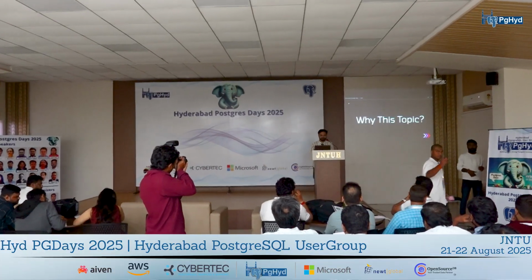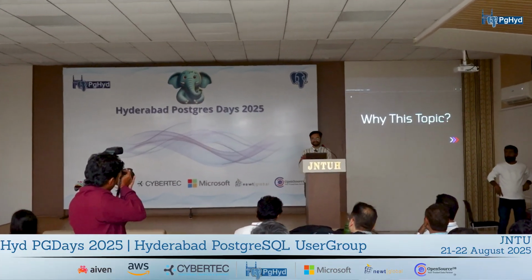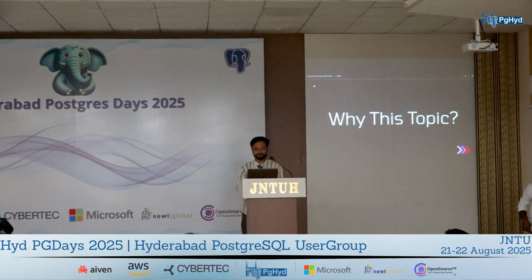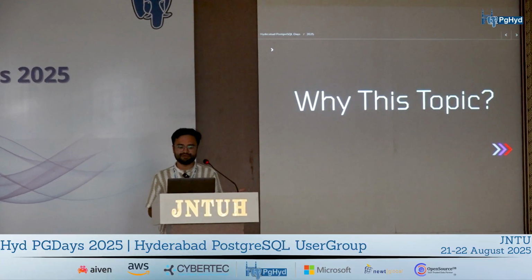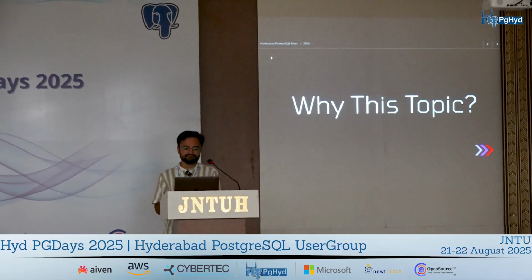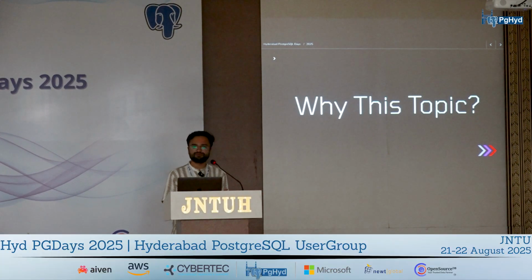We'll just go over how the Postgres WAL actually functions from the point of view of the code base. Now, a valid question is why are we discussing this particular topic? WAL is not something new, right? It has been in Postgres since version 9, if I'm not wrong. But it is also not a novelty of Postgres.